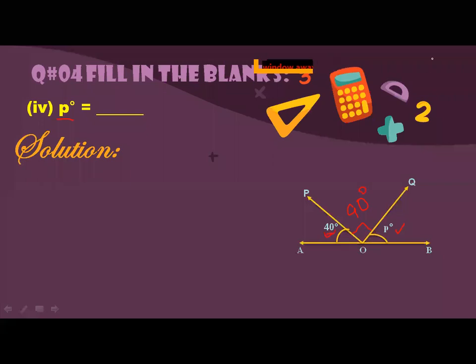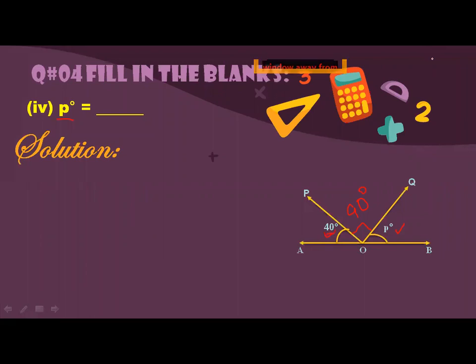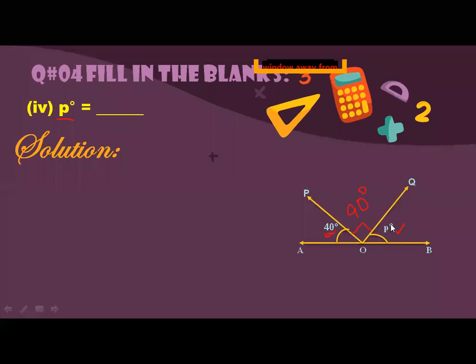Now please tell me which postulate we are going to use here. No, not vertical. For vertical we have opposite pairs of rays. Not complementary, because for complementary we need adjacent angles. Yes, Hebal, you are right, but which one? These three angles are adjacent angles, but which postulate are we going to use to find P? Means we are going to subtract P from which one?